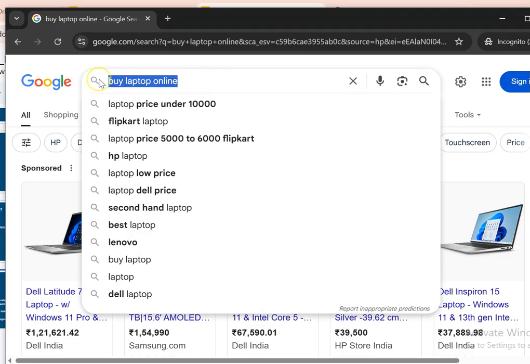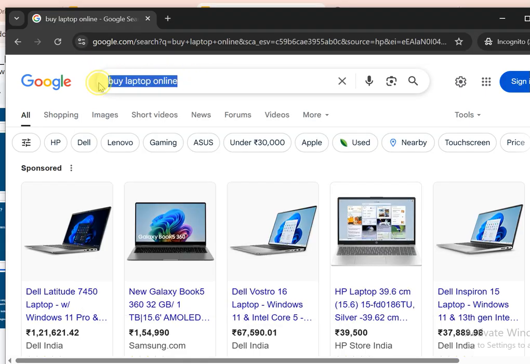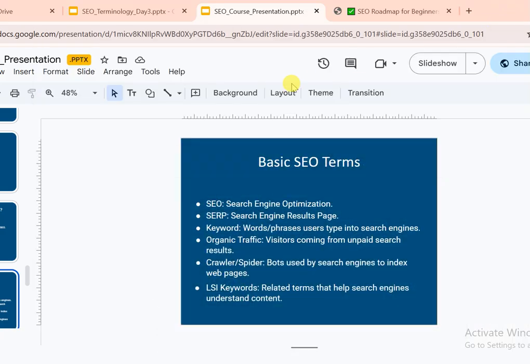The concept behind the key terms, like what exactly the keyword is, how to do keyword research, and which are the good keywords to target, we will cover in our next sessions. I'm just explaining these terminologies to make you familiar with these terms. Okay, let's go back to our PPT.